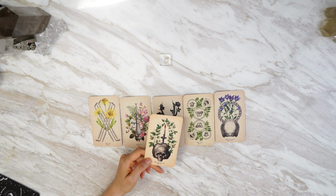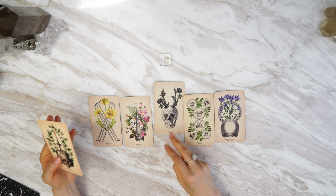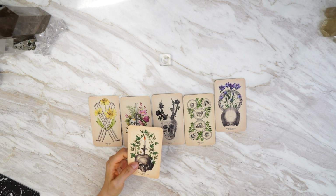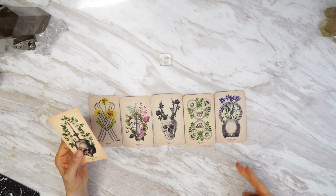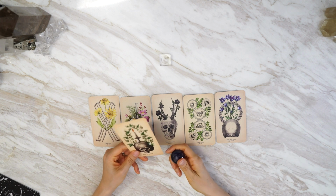So you're either dealing with a Virgo or a Capricorn. These are the signs that most pop out at me. The Moon card is a representation as well of a Pisces. It is the ruler of Cancer. So perhaps those signs are going to be very important for you throughout this transit, but mostly I am getting this